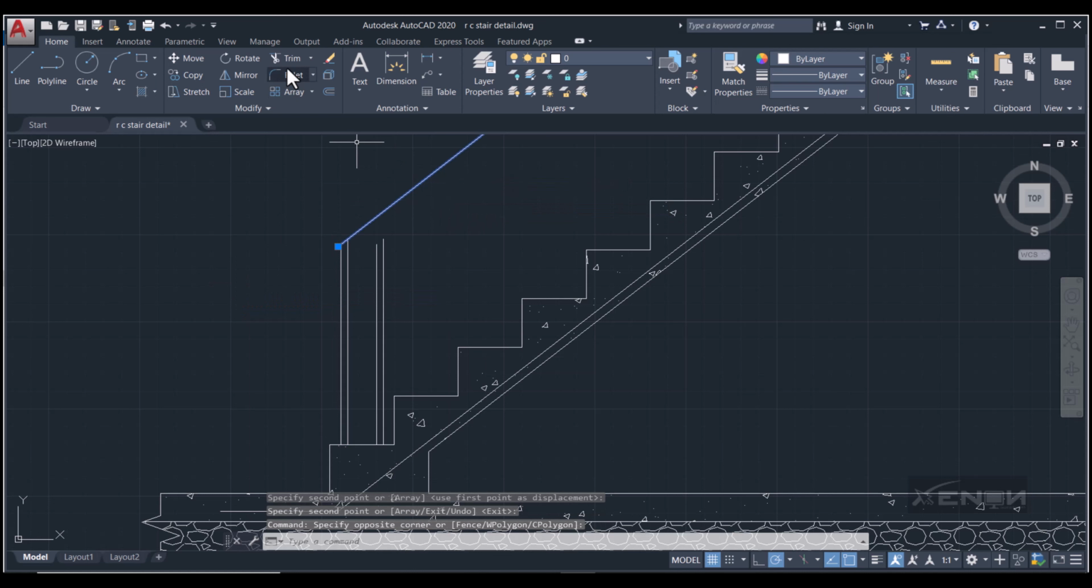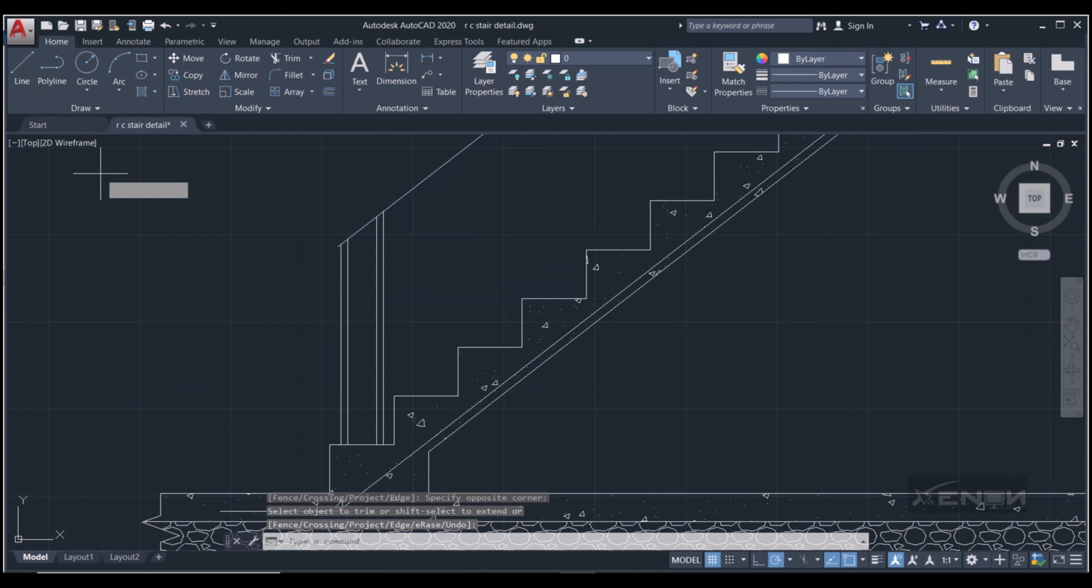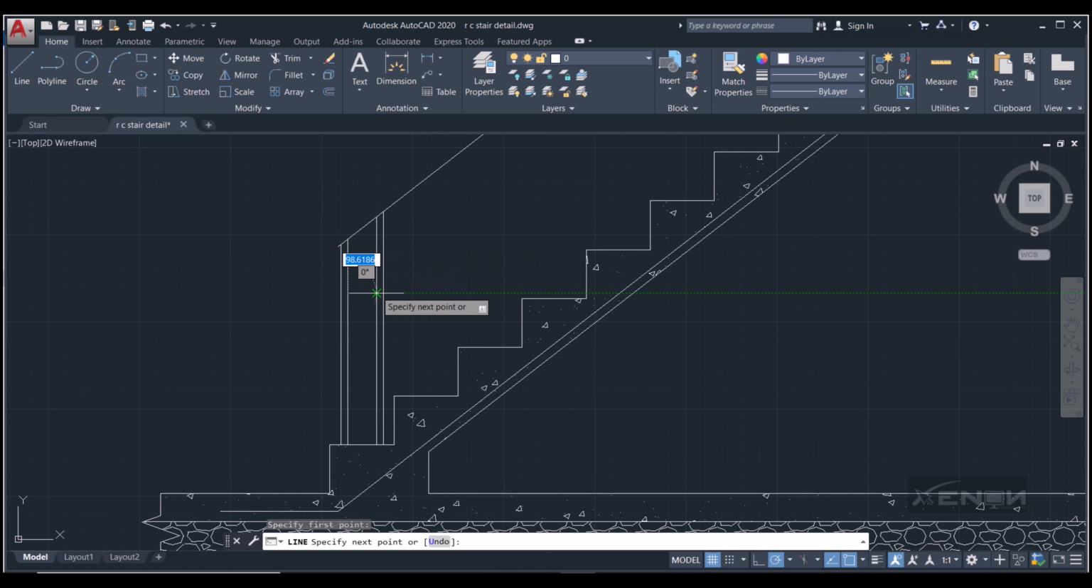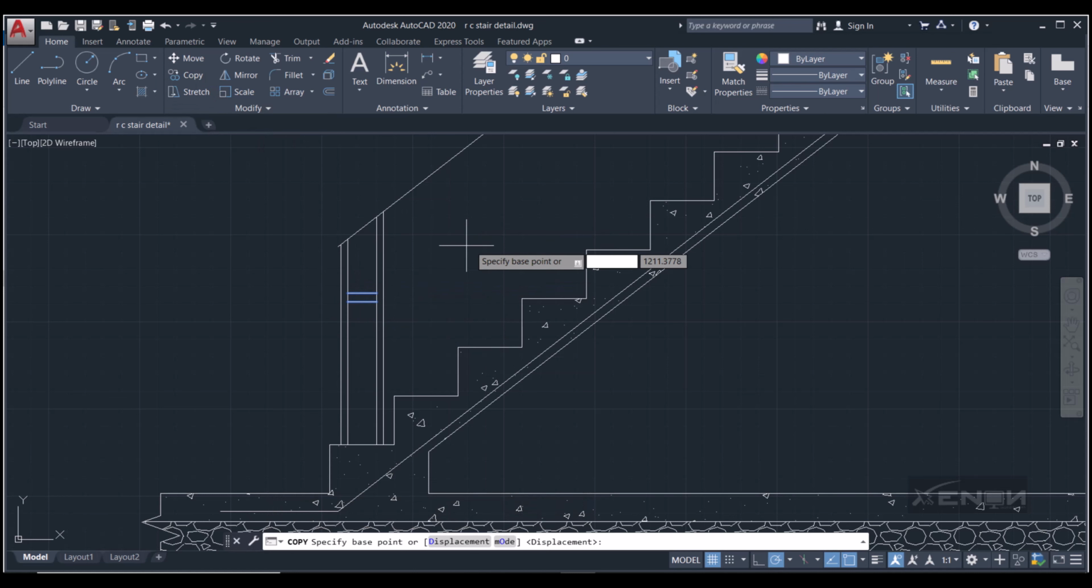So select that guy, trim, and extend those two lines to there. Then I need to insert some simple... Perfect. I need to offset this by a distance of 30. Enter. So offset down. So I'll simply copy this whole thing and